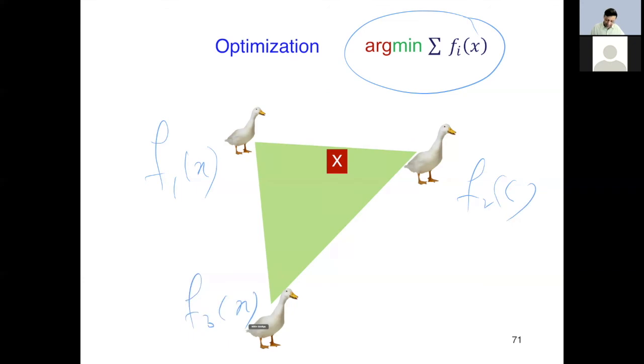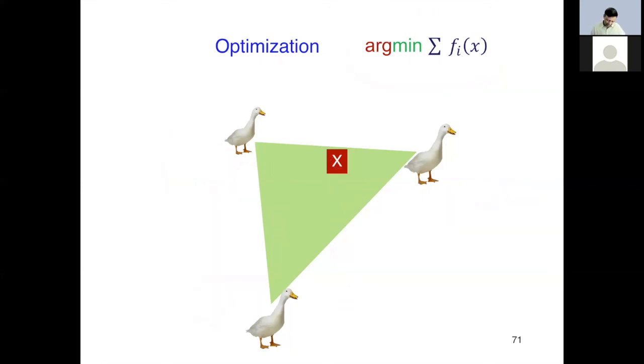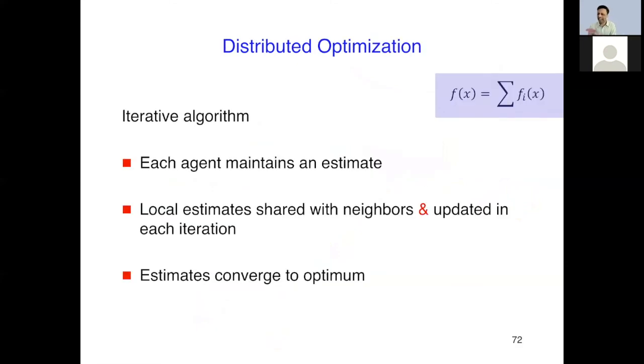And that argmin may be somewhere here, not necessarily the average of whatever input these agents may have. And the question is, how do you compute that? So the algorithm for this is actually very similar to the algorithm we saw just now. I'm going to use slightly different pictures, but the algorithm is almost the same, right? So the algorithm